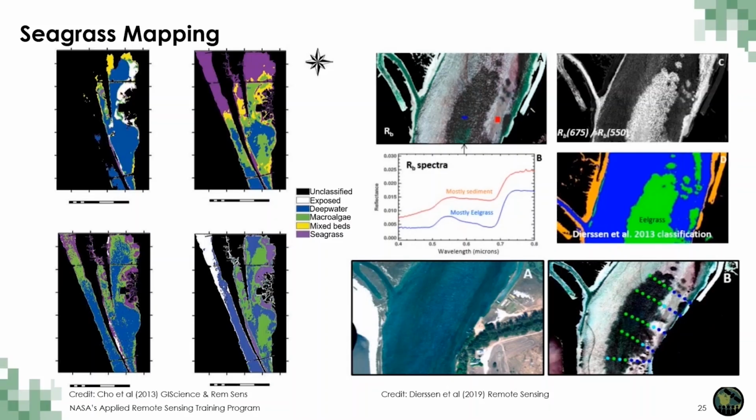Cho et al., in a series of papers in 2013 and 2014, studied the use of HICO data in particular for distinguishing between seagrass and macroalgae areas dominated in the Florida Keys. The authors found that the HICO bands, particularly in the 665 to 675 and 708 to 713 nanometer regions, can be used to distinguish seagrass from macroalgae